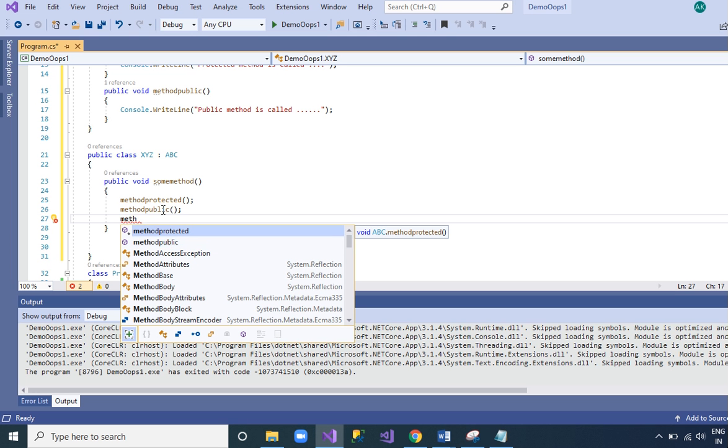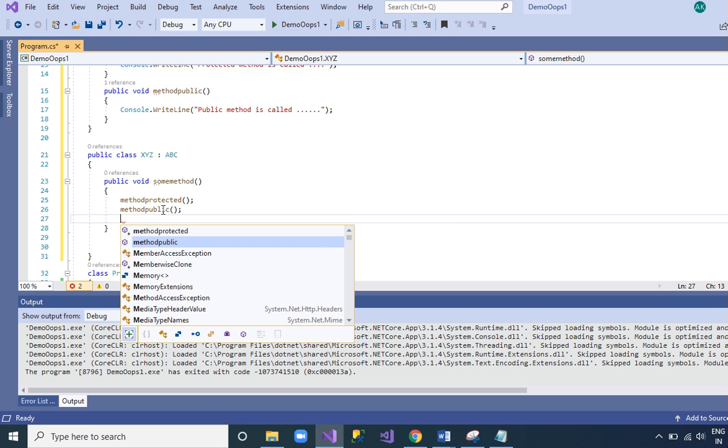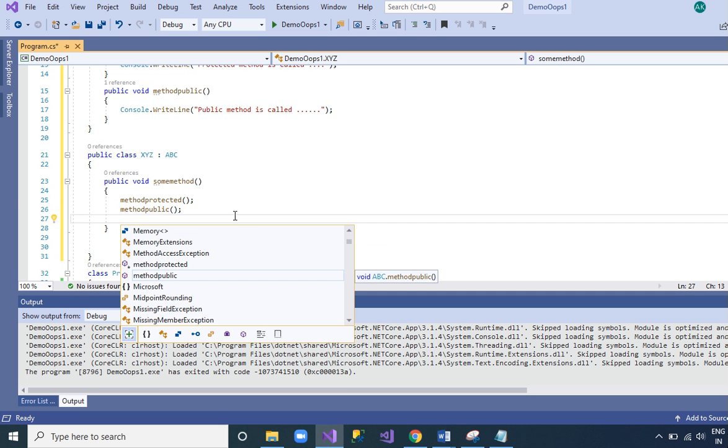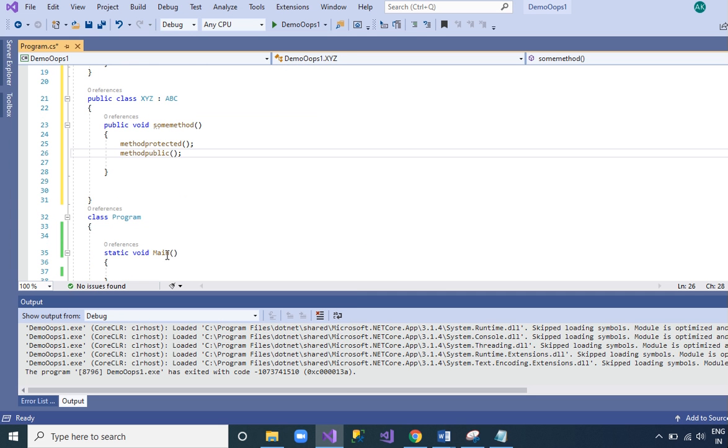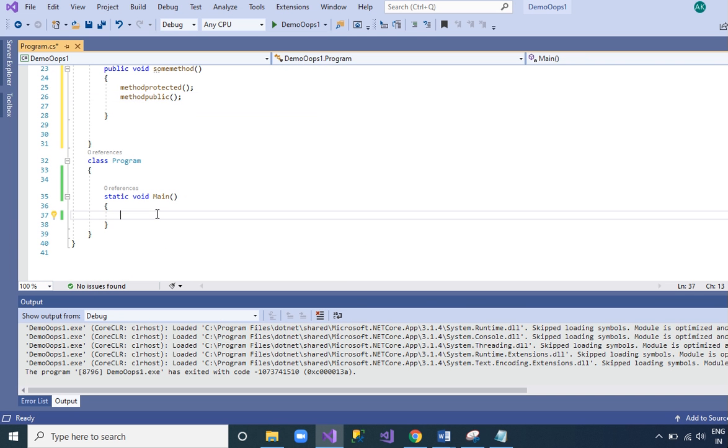Private is not accessible; only protected and public are accessible. Now in the main method, you can create the object of the ABC class, by using the keyword ABC.